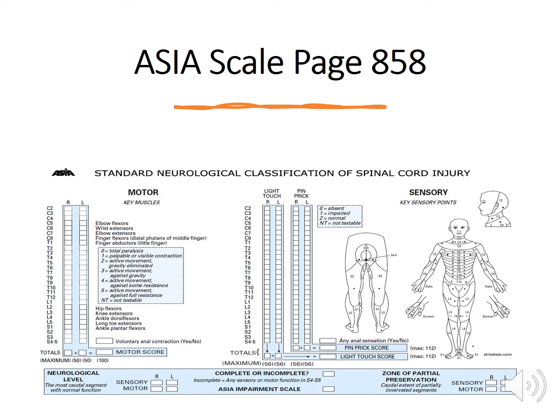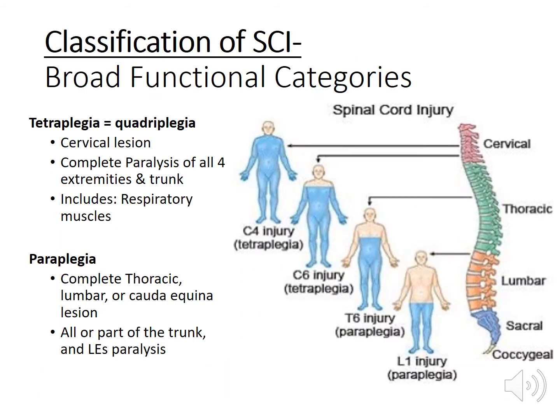So you are going to be seeing this scale throughout the presentation a couple more times, and we're going to be talking a little bit more in detail about it. So here we are going to talk about the classification of spinal cord injuries, and your patient is going to fit into one of these two broad functional categories. So these words here, I want you to make sure that you are very, very familiar with defining them. If you're not, make sure that you start a vocabulary list so that you can add these words to it.